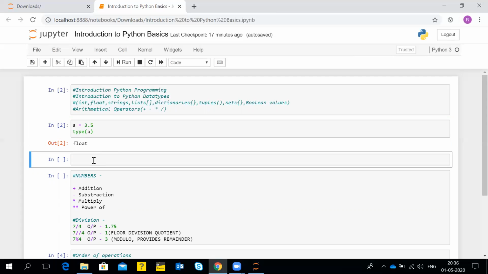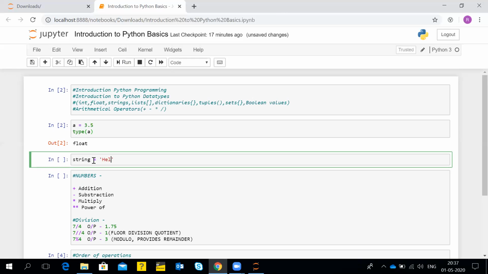Coming on to strings. Strings are any sequence of characters which, when entered, we can assign into a variable by using single quotes or double quotes. I will let you know by giving an example over here. Suppose I write string.